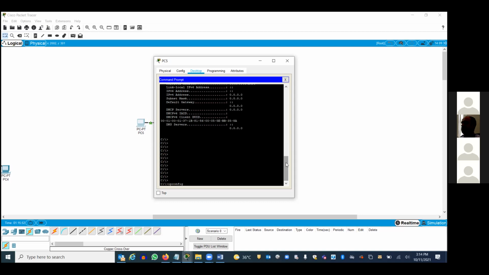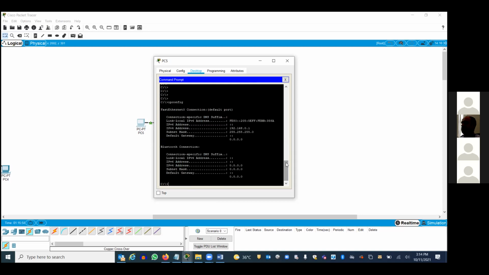Or you can just put ipconfig. You have Fast Ethernet and the IP address is 192.168.0.1. This is what you configured, and you're just seeing it.